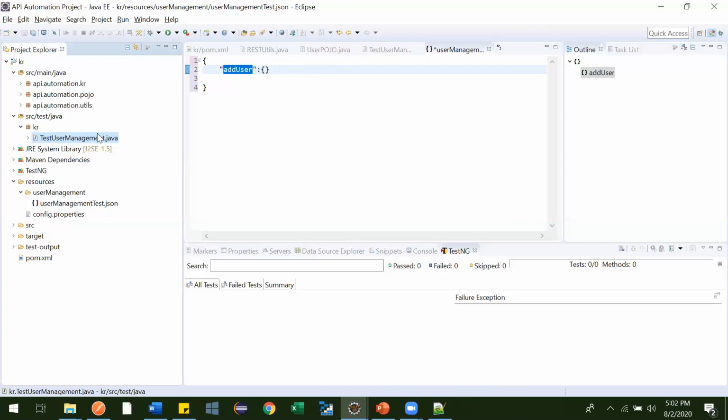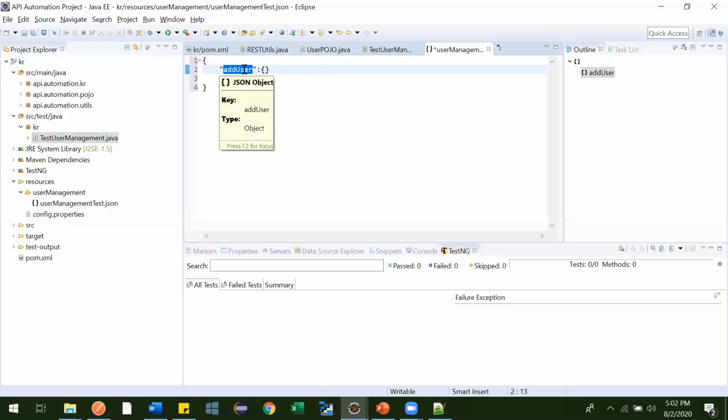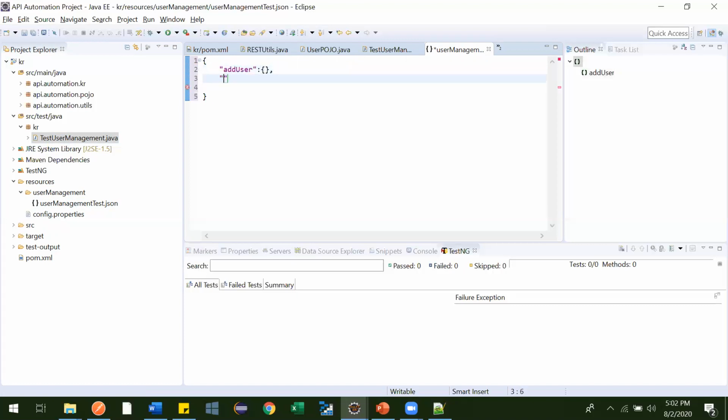Whatever tests we are going to create, those names should be here, so that for add user we fetch data from this particular file, and for update user we can fetch from this one, also in the form of JSON. Likewise delete user, where we can pass the ID from here, also in the form of JSON.